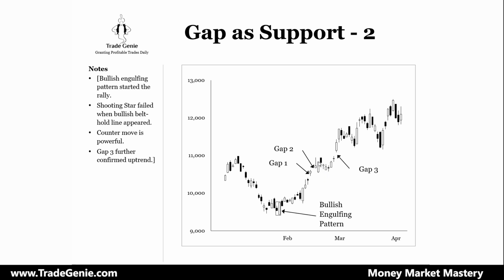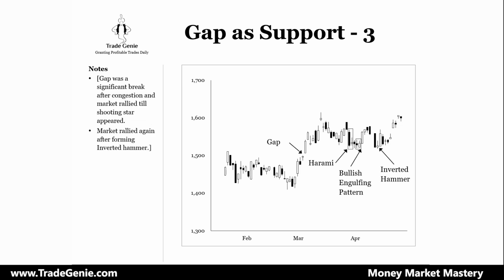And then the buyers come in, and so the gap occurred. So along the way, we need to think what else is happening, what has happened in the past or recent past, and then intraday, what is happening. Now here's some more example of gap as a support. So this is a gap. So anytime you see a gap, you say, this is a support area. Now how strong it is, there's some other things that happen.